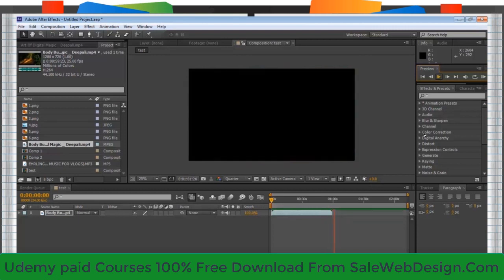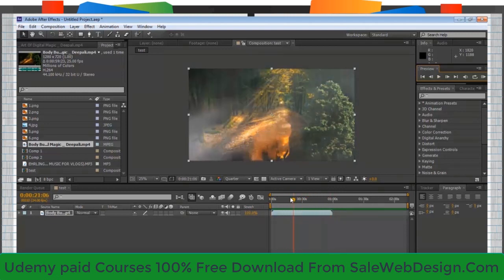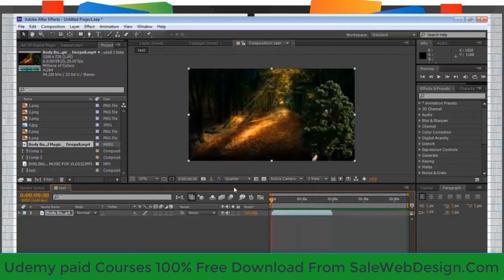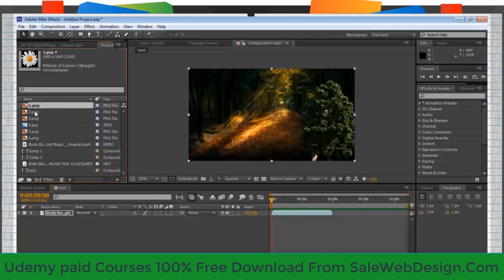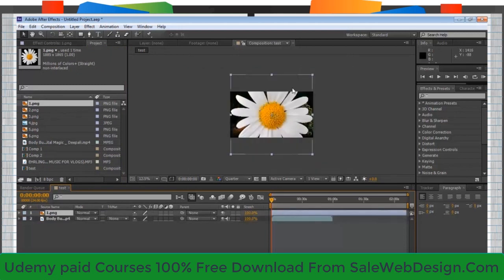Okay, so you have seen that you can play the video this way, and now what we are going to do is import some images on this video. We don't have any flowers in here. Let's import some of the flowers and make this video look more beautiful. Drag it onto the test layer, decrease the size of the flower by selecting the corner, Shift and Alt,